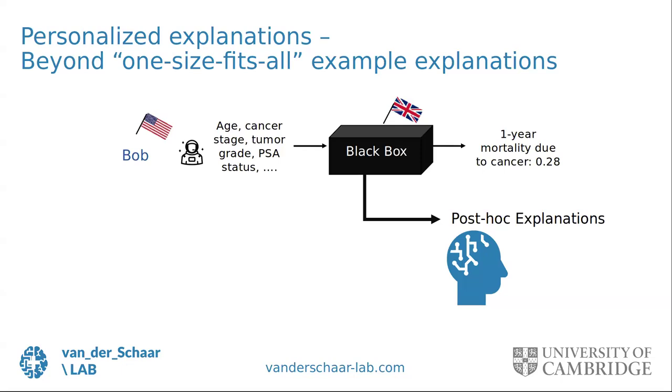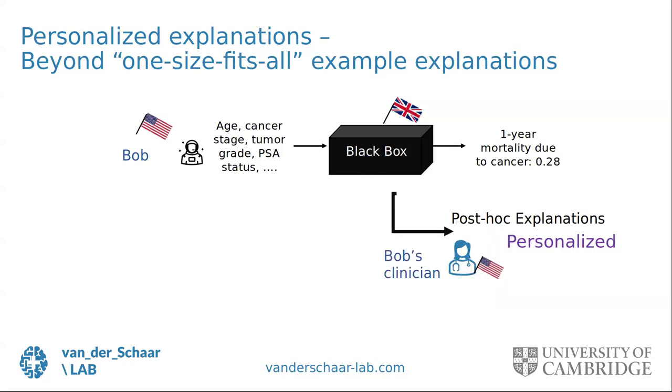a black box model, a prognostic prediction, where perhaps the patient is an American patient, but your black box model has been trained on British data, and all you've got is these generic post hoc explanations. We need to go from that situation to something like this, where if you've got an American patient, an American clinician, how do you get that sort of change in context into the explanations and things become personalized and much